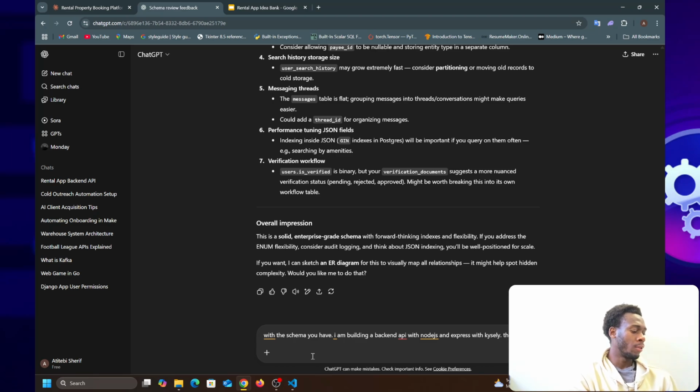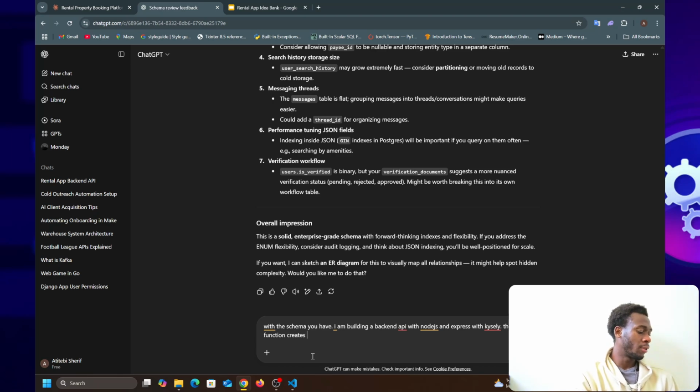This function creates properties. What question can I ask here? Can you ensure this function is robust against edge cases?